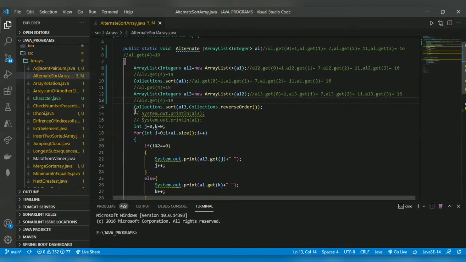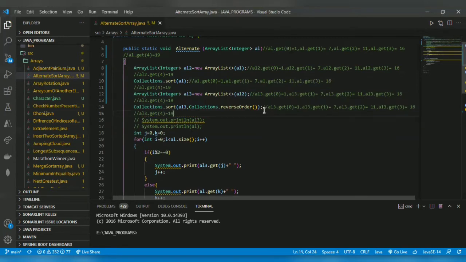After that, I call Collections.sort of al3 with Collections.reverseOrder. This will sort the array list al3 in descending order. I show you how it will get reassigned.